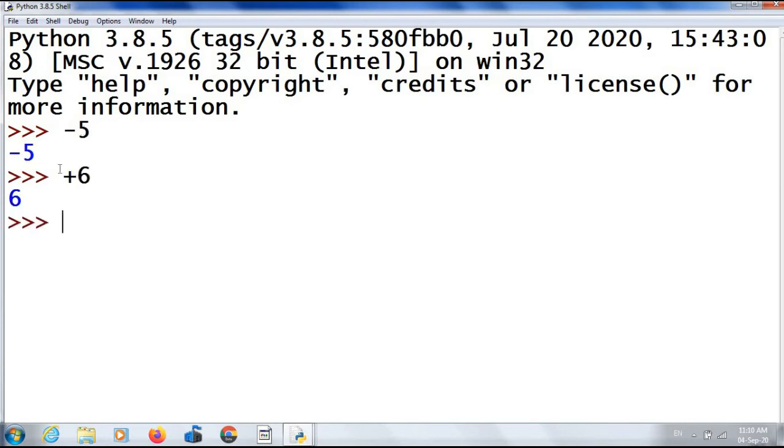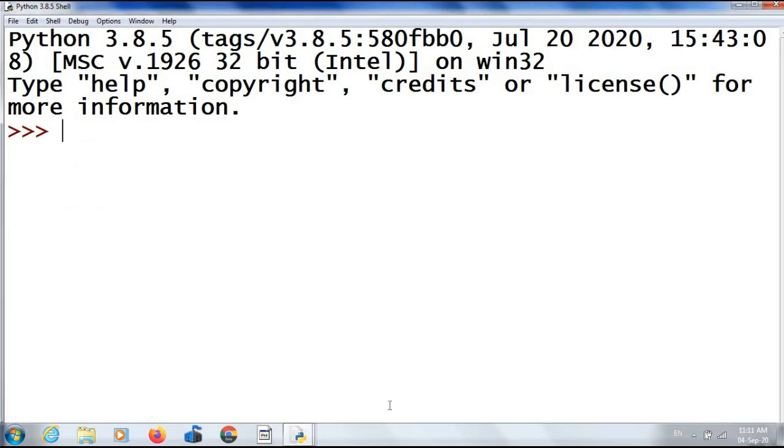This minus and plus are unary operators. And binary operators means the operators which are having two operands. 4 plus 7. Here this plus symbol is having two operands, 4 and 7. So here this plus symbol is a binary operator. 6 star 3. It is a binary operator.